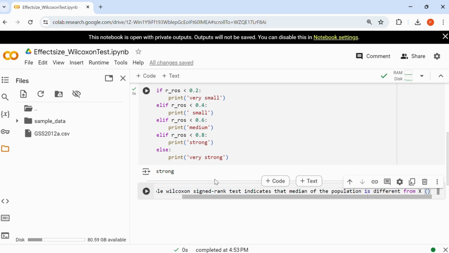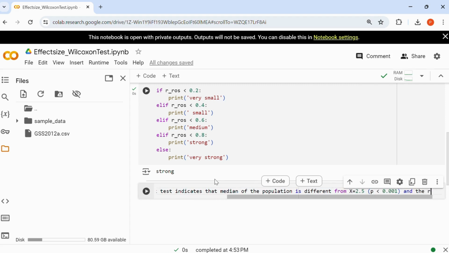Here I will have to indicate my p value, which was less than 0.001. X will be, let us say, I think we had assumed in the previous video X to be 2.5,